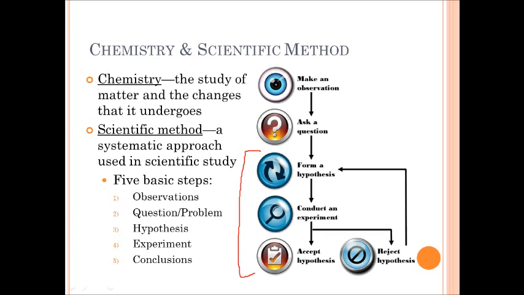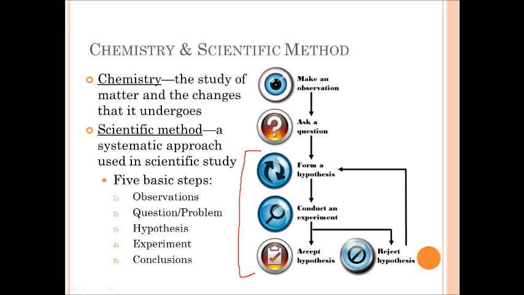The first is an observation. This can be based on anything at all. A scientist will just make some sort of observation. And based on these observations, they ask a question or propose a problem, which is the second step. The third step is to create a hypothesis based on the question or problem, and it's meant to answer that problem or question. Then an experiment is conducted to test the hypothesis, and finally, in the 5th and final step,